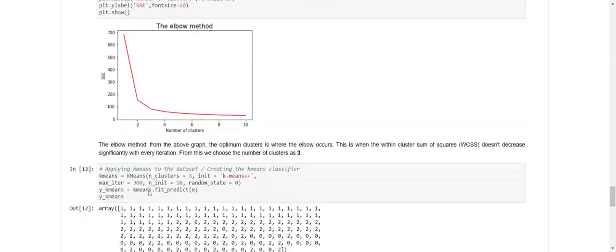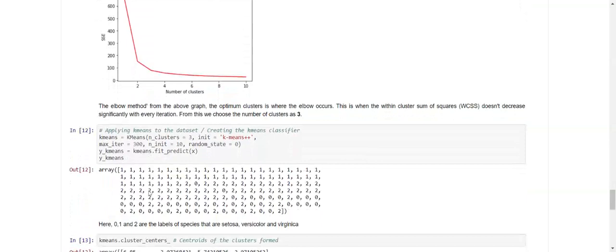Then we want to apply k-means to our data set, or we can say we are creating a k-means classifier. For that I have given this code: kmeans equals KMeans with n_clusters equal to 3, init k-means++, maximum iteration 300, n_init equal to 10, and random_state equal to 0, because every time I want the same output, I don't want random outputs to come.